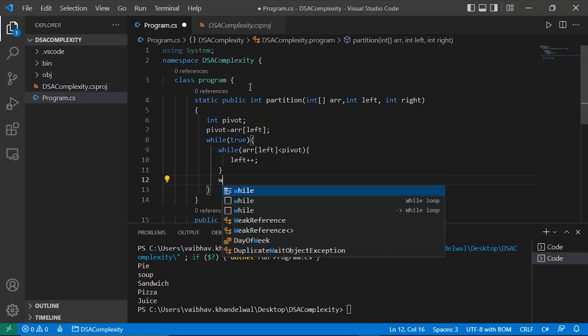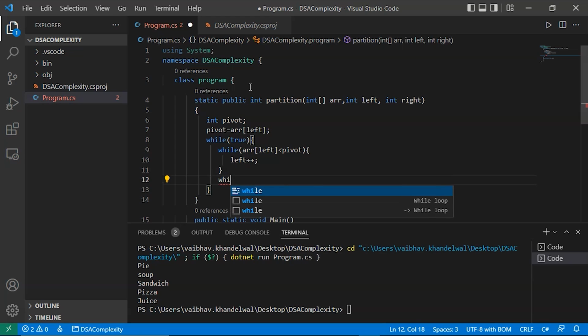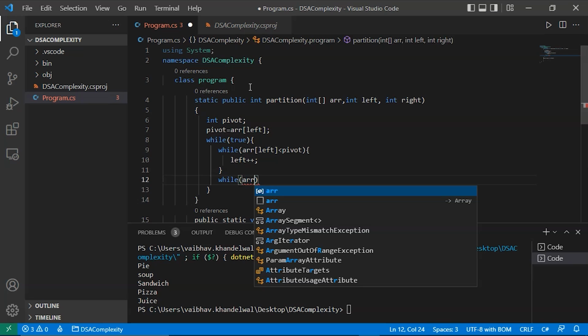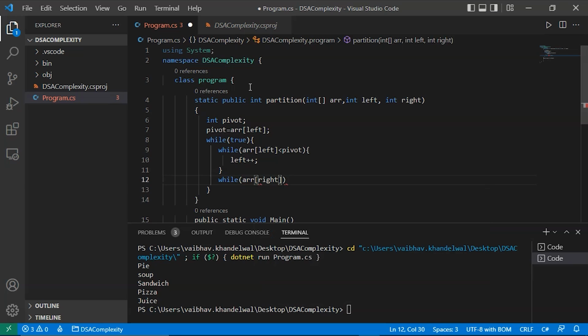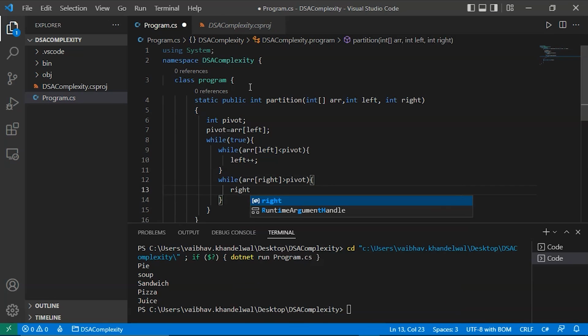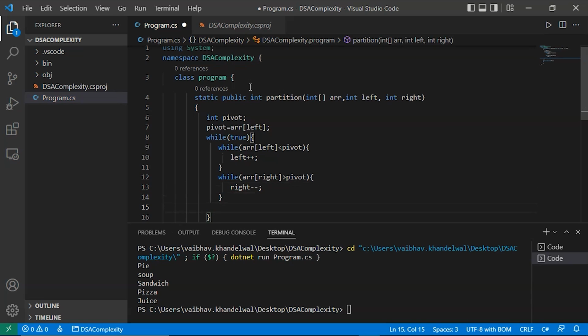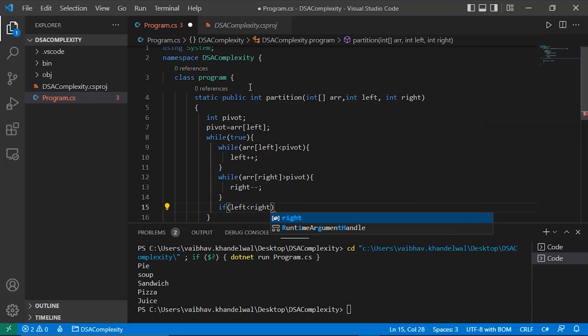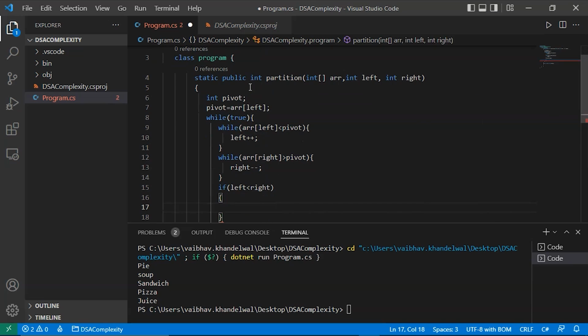In case, while ARR at right is greater than pivot, then we will have right minus minus. Now if left is less than right, then